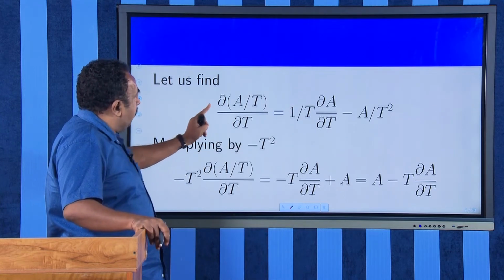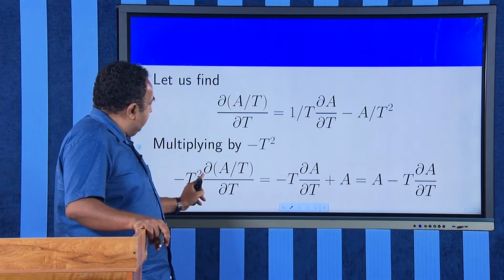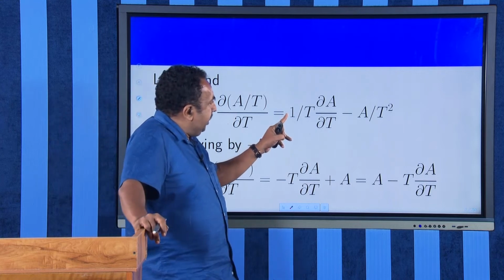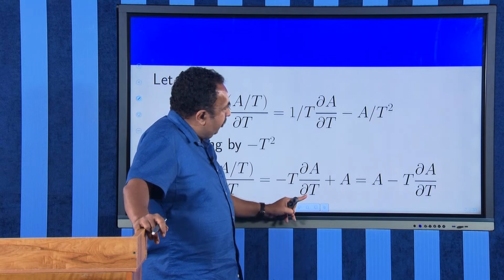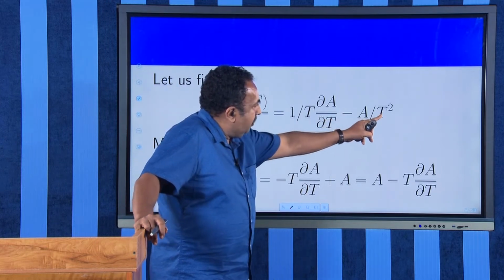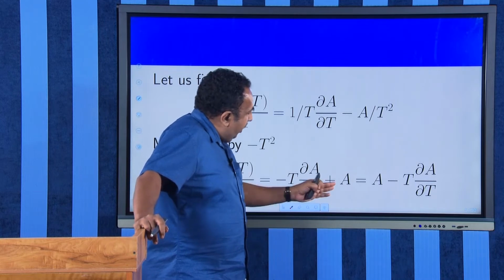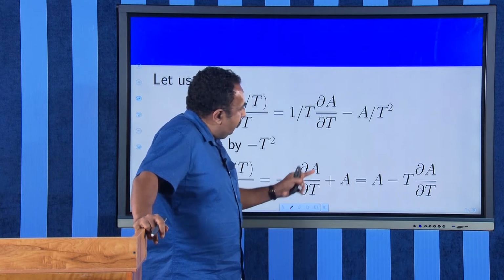Therefore, minus T square dou by dou T of A by T. When I multiply with the minus T square, 1 T and 1 T cancel, I will get minus T dou A by dou T, and then multiplying minus T square, this negative sign becomes plus A. Therefore, A I can write first and then minus T dou A by dou T second,